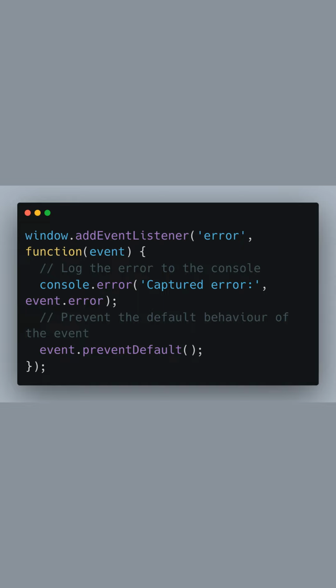First, we start by adding a global error handler. This handler is a function that listens for any uncaught error that bubbles up to the window object, essentially the highest level in the browser's JavaScript environment. When an error happens, this handler activates, logging the error to the console for developers to see, and then it